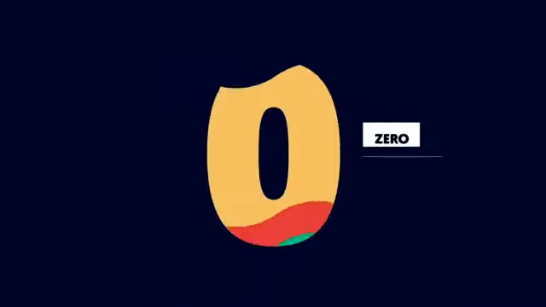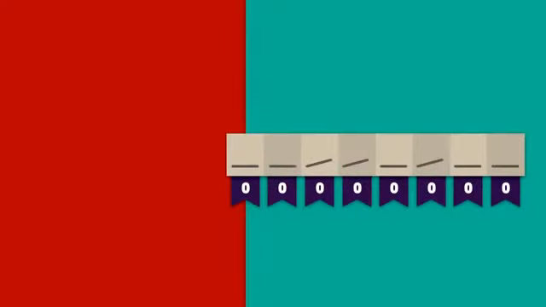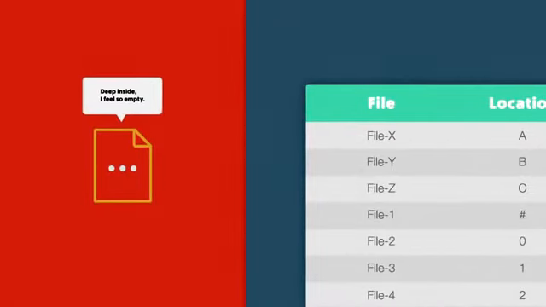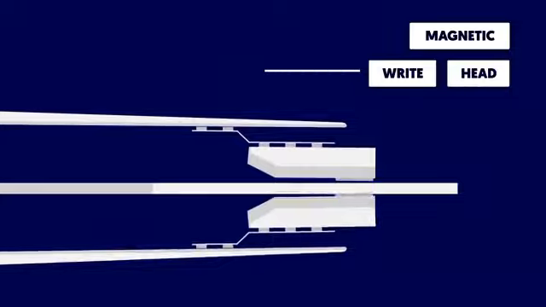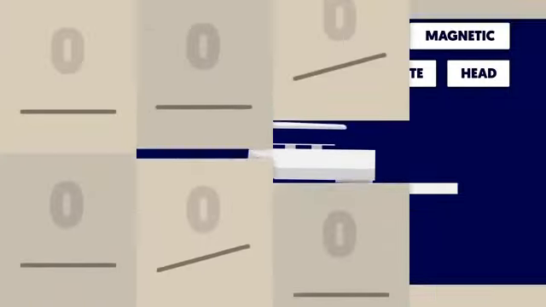So there's this method called zero filling, which involves filling every byte of the original file with 0, then deleting the file. That way, even if you restore the data in the file table, all you're going to get back is an empty file. The problem is that the magnetic write head doesn't do this with 100% efficiency. After zero filling, you can still tell what used to be 1 and what used to be 0 by looking